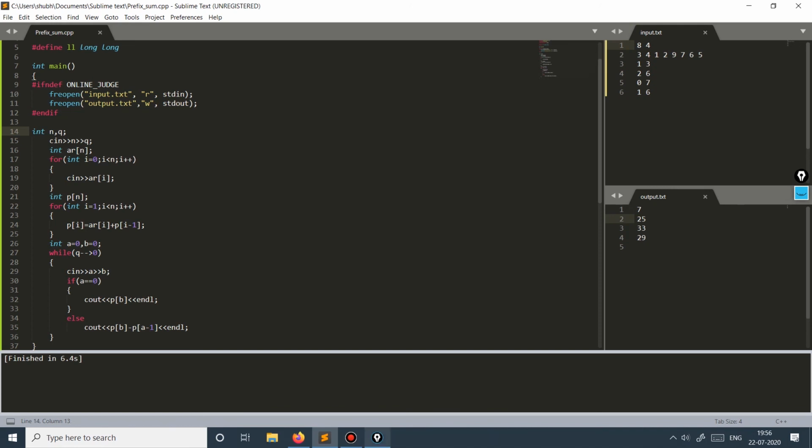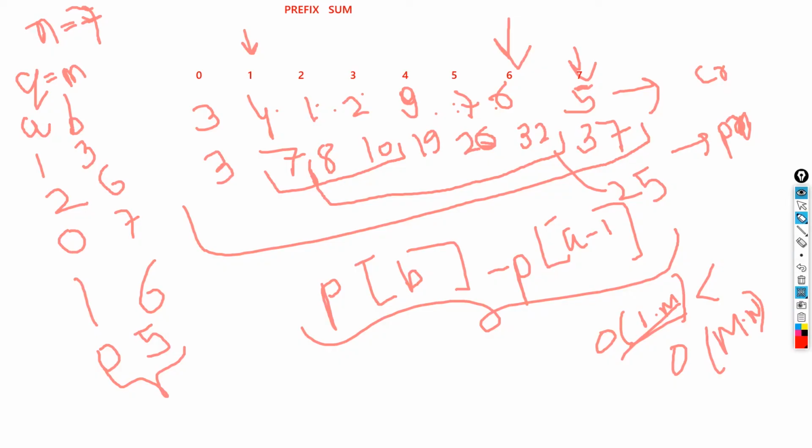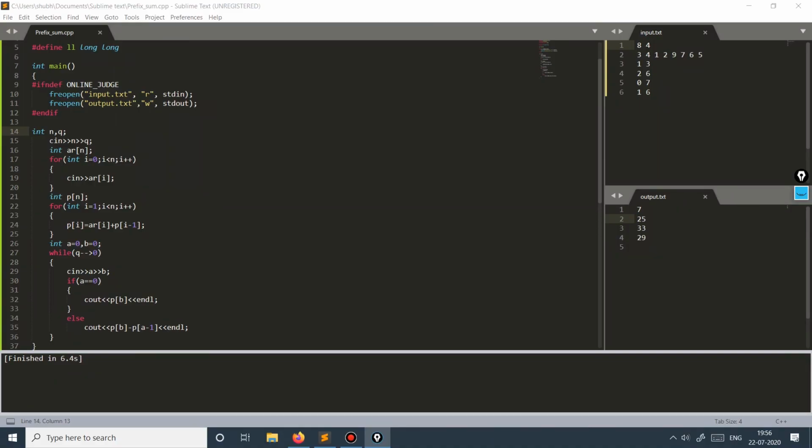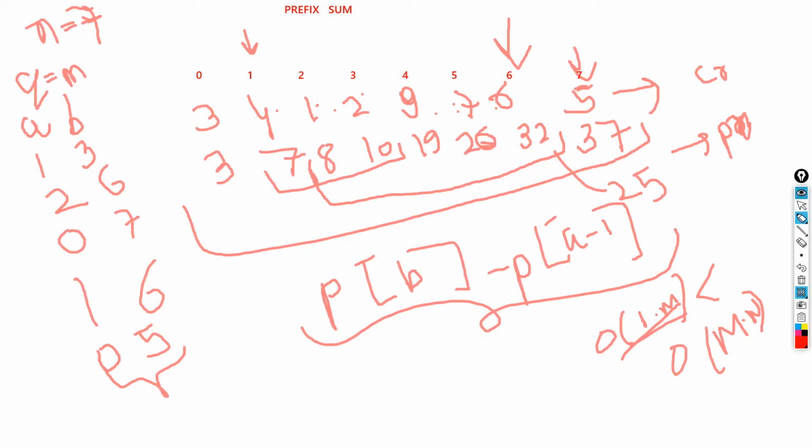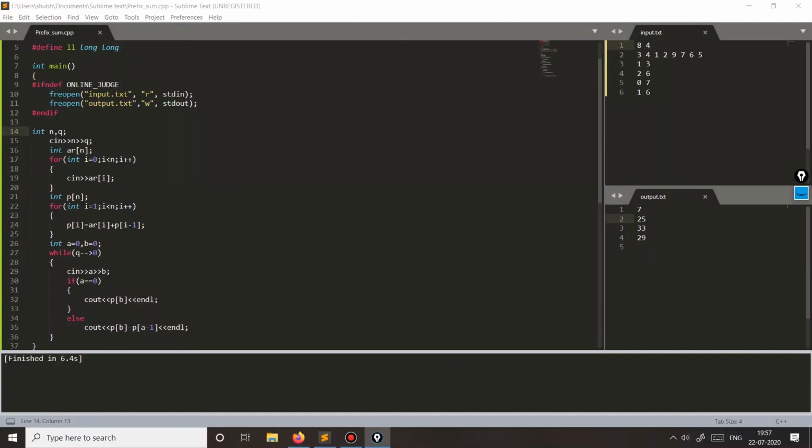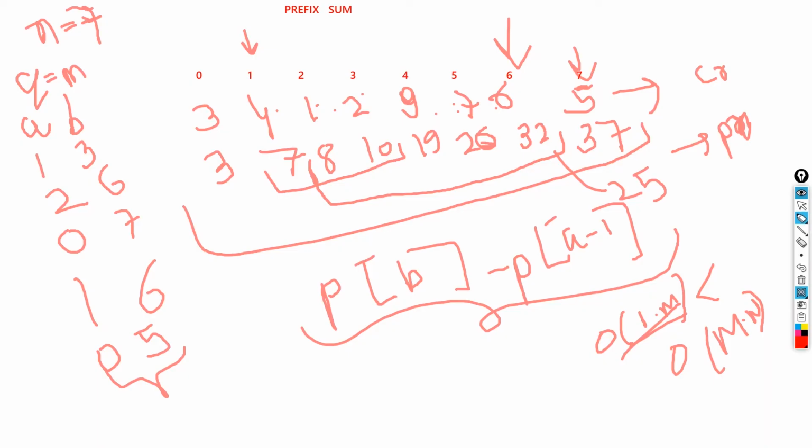I guess the answers are almost correct. Let's check. First one is 7. So what is the first one? It is 1, 2, 3, so 0, 1, 1, 2, 3, 4 to 6 plus 1, 7 is correct. 25 was also correct. Yeah, this was the case which is 1, 2, 6. Okay, so I guess more or less it's correct. 33 and then 29.